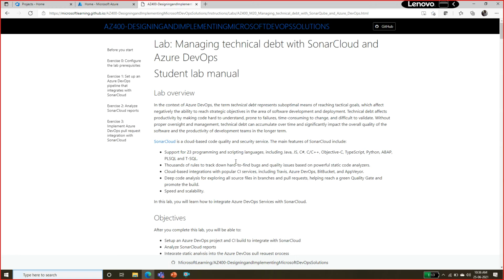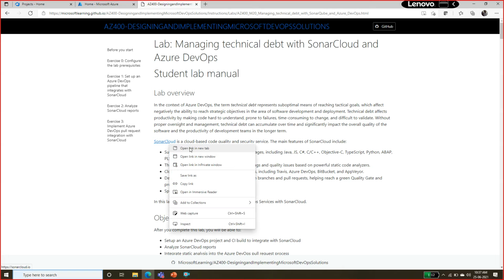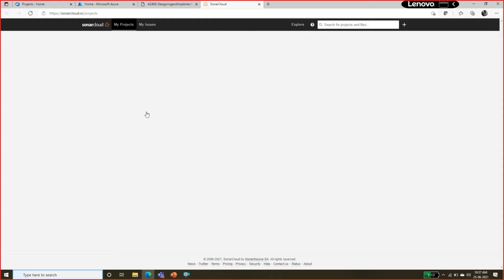In this module, you can look at this SonarCloud as a tool which is going to look at the quality and the security of your application. It is going to help you with 23 programming and scripting languages. You can look for your Java, JavaScript, C Sharp, C, C++, and other different languages. So if I go and open sonarcloud.io,